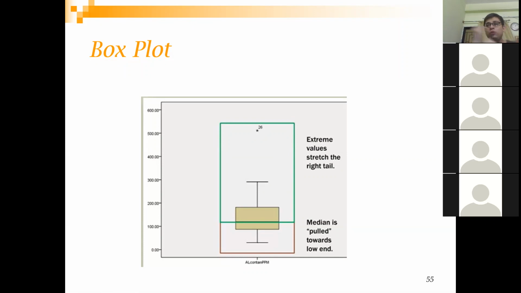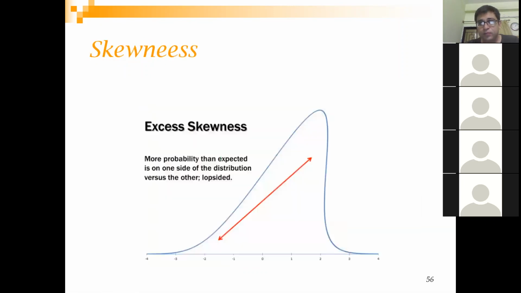But as you know, the normal distribution is a symmetric distribution. And if you draw a box plot and get a shape like this, that means it is definitely not a normal distribution. Another thing is that you can have excess skewness, right? So you can look at this and understand that this is not symmetric. This is tilted to the right side, isn't it? So you can plot and understand that this is not a normal distribution.